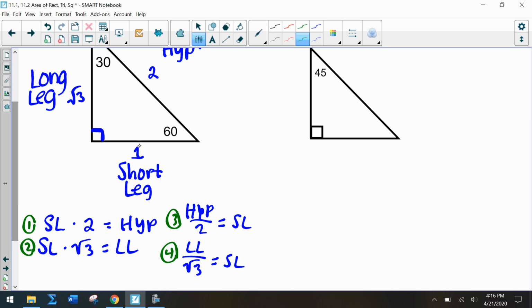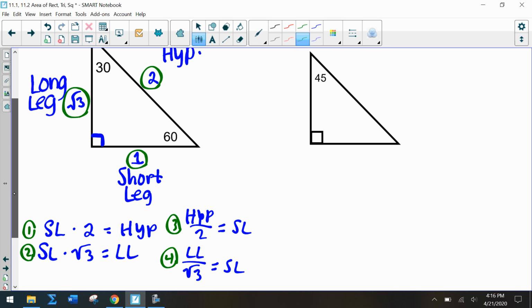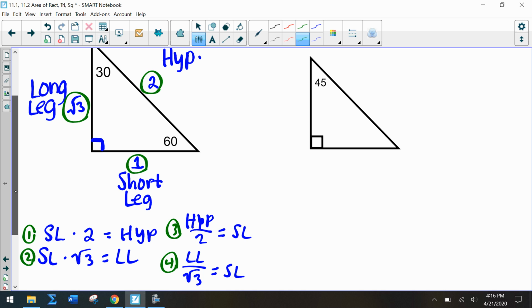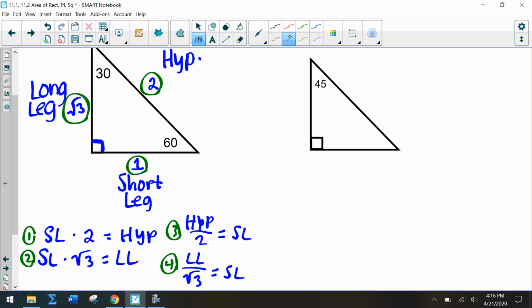So make sure you go back and review that. This will come up within this unit. You will not get a cheat sheet like we had in the past units, so make sure that you know these properties. And then for a 45, 45, 90 triangle, if you recall, if this length was 1 and this